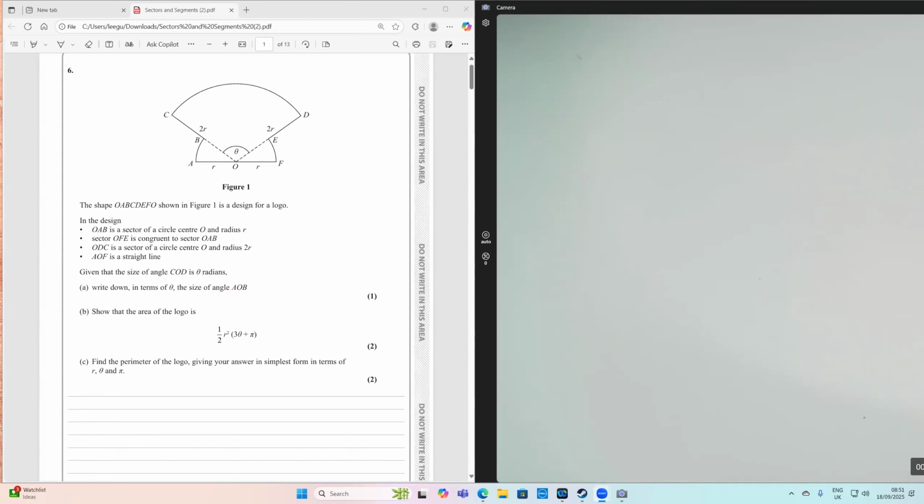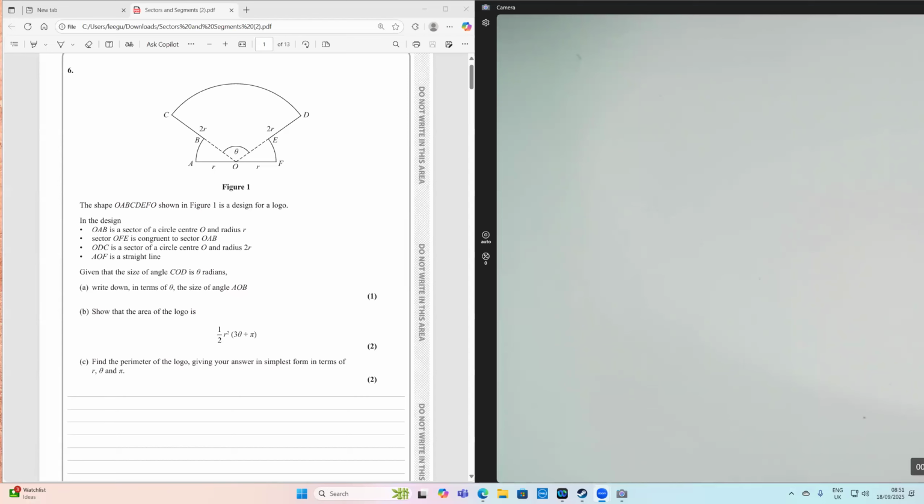It says the shape, as shown in figure 1, is the design of a logo. In the design, OAB is the sector of a circle with center O and radius R. The sector OFE is congruent to the sector OAB. ODC is the sector of a circle with center O and radius 2R. And AOF is a straight line. Given that the size of the angle COD is theta radians, write down in terms of theta the size of